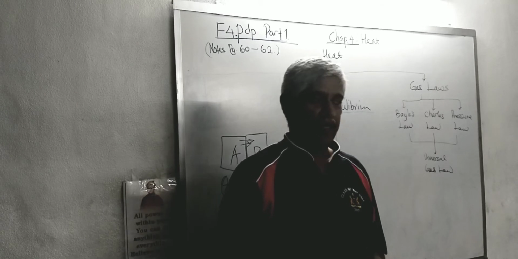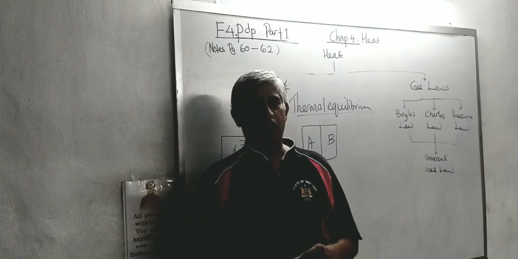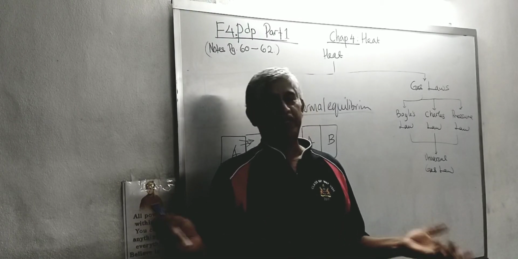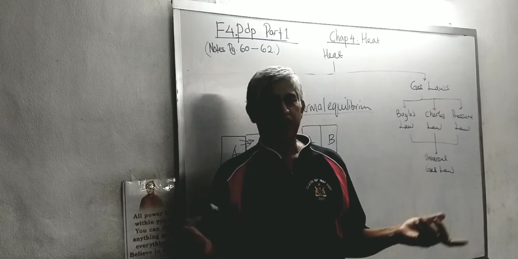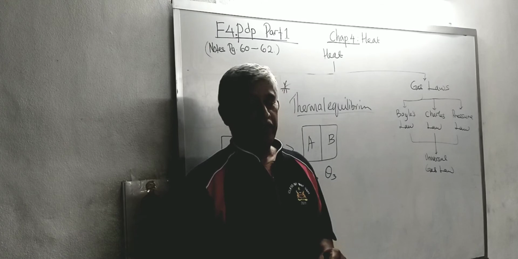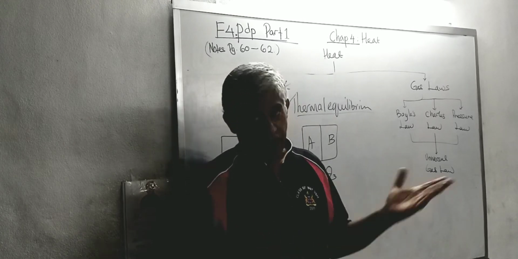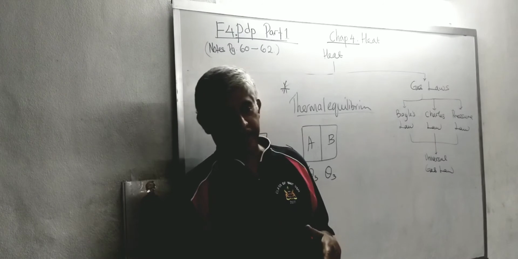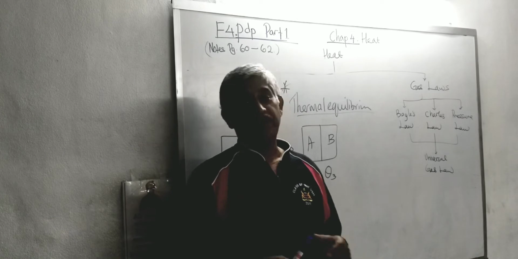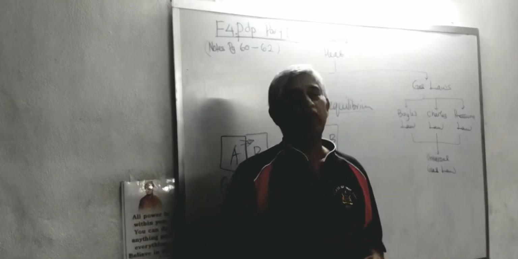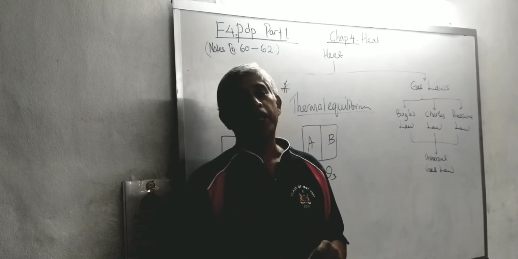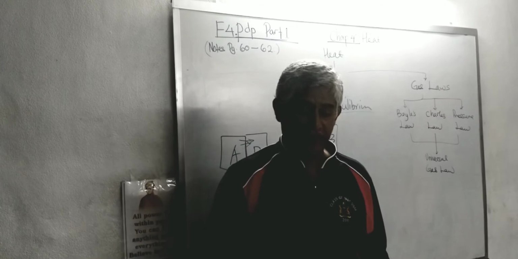Alright, mercury thermometer. We have other thermometers also, depending on what you want to measure, what range of temperature you want to measure. The normal temperature we measure with the thermometer is from about -10 to about 380 degrees Celsius, the mercury thermometer. So if you want to measure temperature out of this range, that means more than 380 or less than -10, then you have to use a different kind of thermometer. Okay, so we won't be studying all those thermometers. In this chapter for your syllabus, we just focus on the mercury thermometer. Alright, how does the mercury thermometer work?